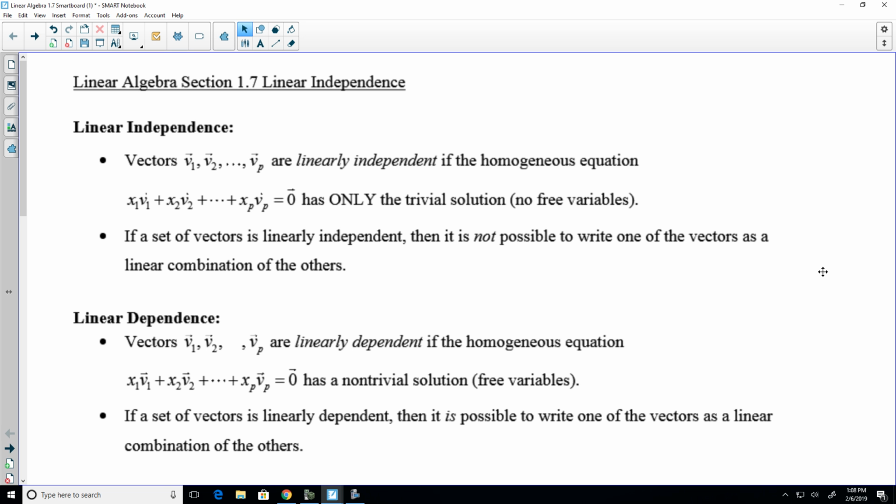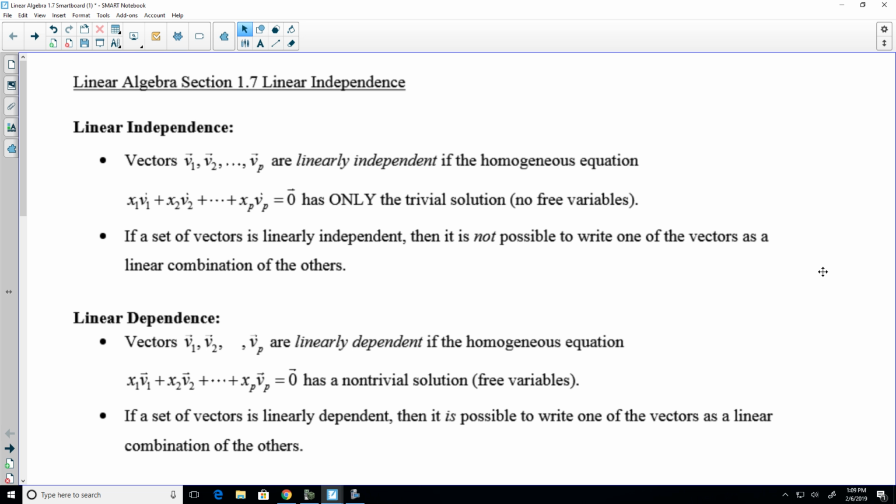Okay, so we just learned about linear combinations, spanning, how to write solutions to systems as the span of a set, and how to write them in parametric vector form, right? Now we're going to talk about what is linear independence, and it's related to all that stuff that we just went over. So linear independence says if you have a set of vectors, they are linearly independent if the homogeneous